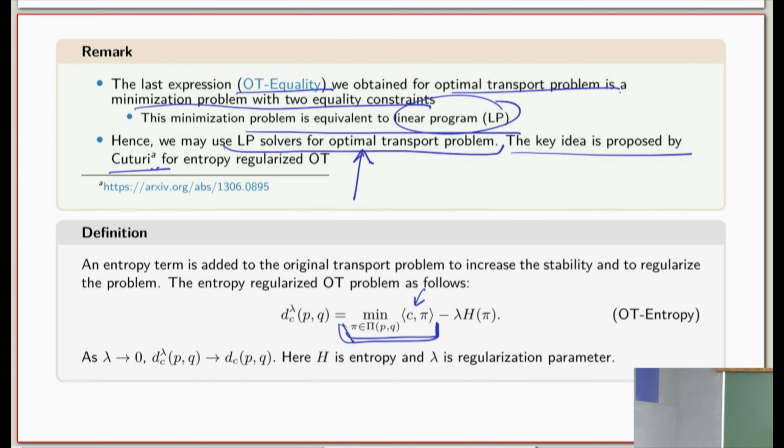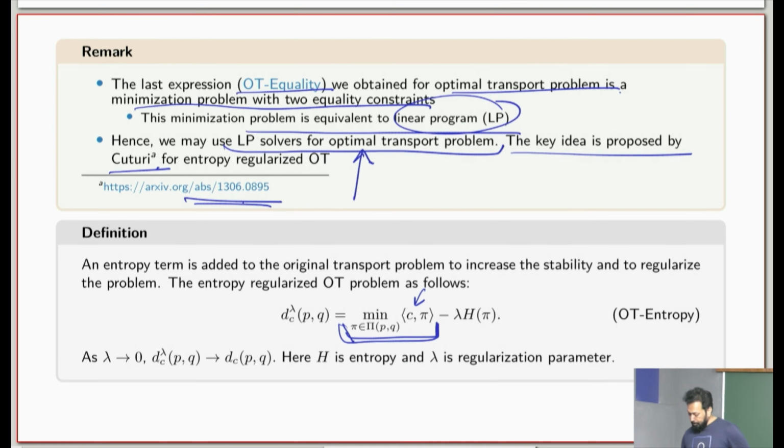Because until then people were struggling to even solve it. An LP program is not necessarily an easy program. It is one of the well-studied optimization problems, but LP is not necessarily easy to solve. A key breakthrough came from Cuturi in 2013, in his paper, where he proposed this OT entropy